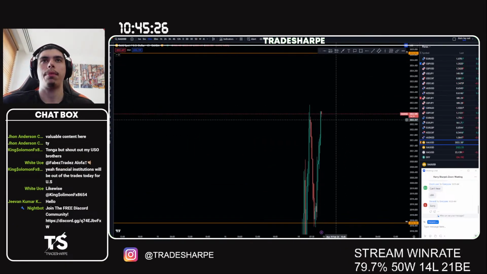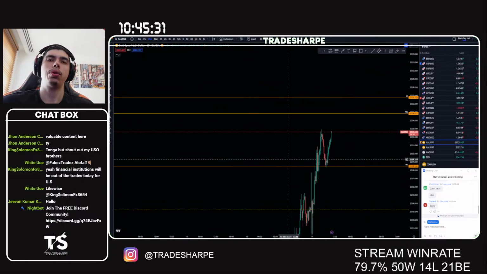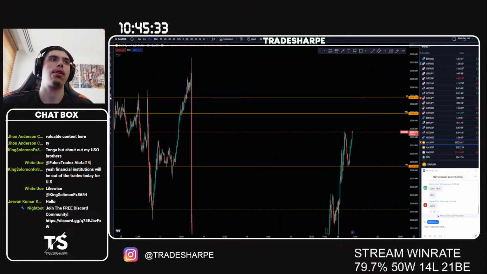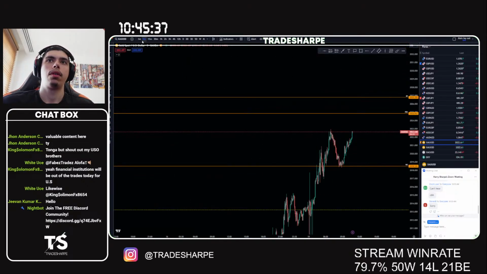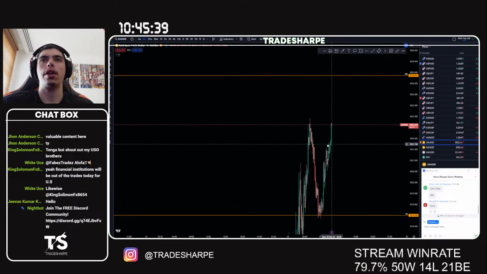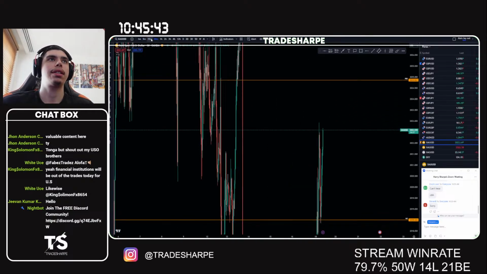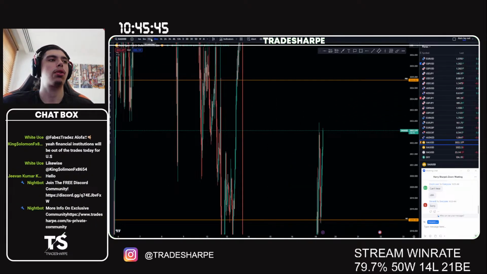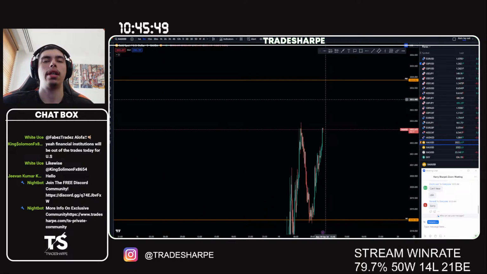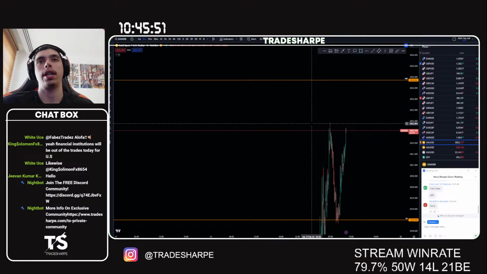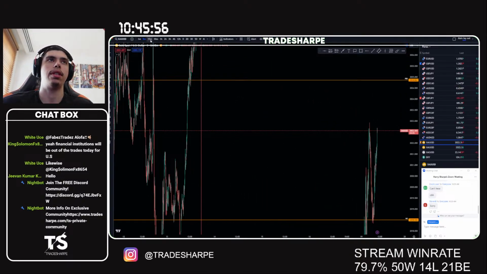This would be quite a nice setup if this closed with no top wick, so I'm not really interested. If this was closer to London Open on a non-bank holiday, I would be quite interested in this. 25 pips. If you're going to try gold today, you need structure right now, but I'm bullish on gold. Buys make sense here. Probably wait for the 30-minute to close above here, and if you can see some sort of 5-minute structure, then that should give you the continuation to this next previous daily support.